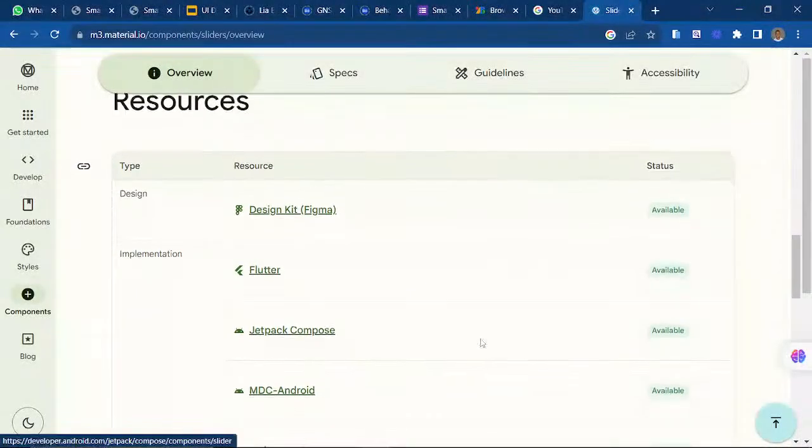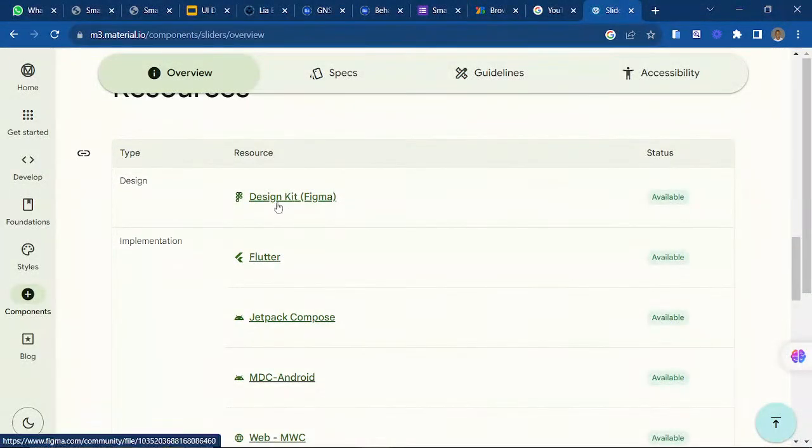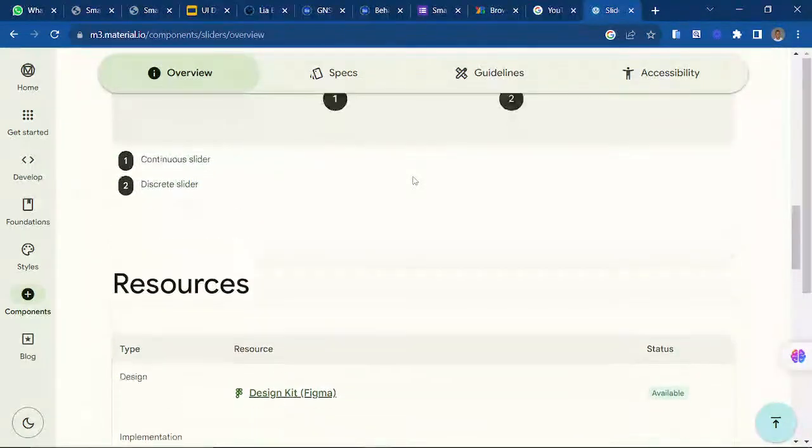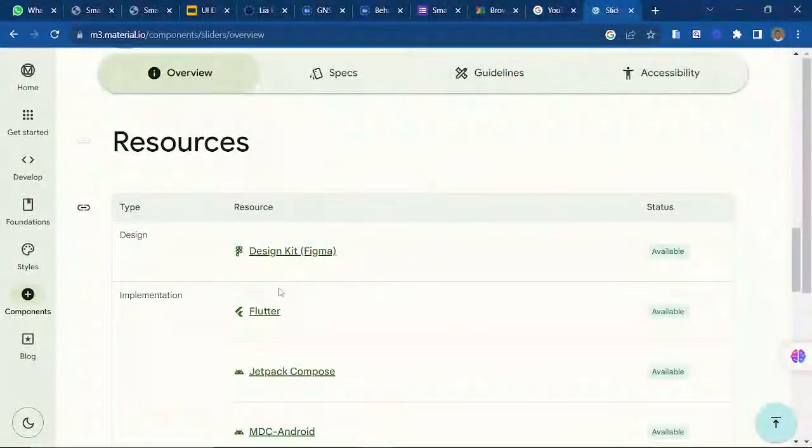So these are some other resources. If you want to open it on Figma, you can just click on this. It will take you to Figma, and you can see those elements. Sometimes some people don't create design elements, they don't work on that. We have some designers that are more professional in that aspect, but as a UI designer, you should be able to work on the design elements too.